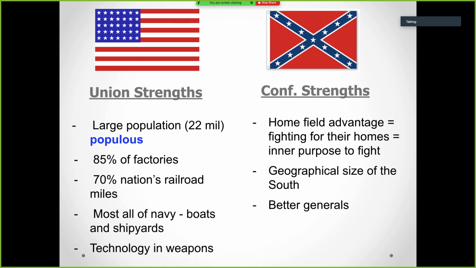So, are there any questions about strategy or about strengths of the Union and Confederacy? We'll look more at strengths later, and we'll also dive into the weaknesses, because sometimes strengths and weaknesses are just like opposites. Sometimes they're not. No questions? Okay. That's where we'll start back up. We'll come back to this slide and review it briefly, and we'll take a look at a map that describes it a little bit more detailed, and then we'll move on from there.